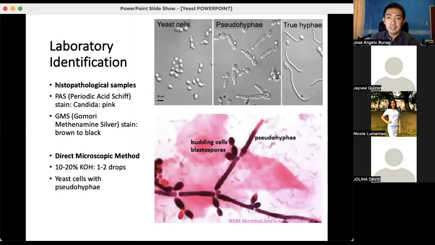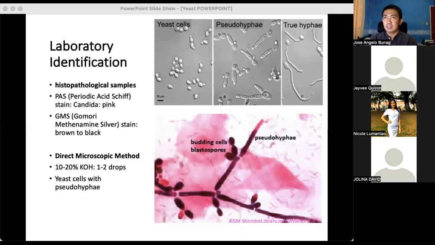Okay, for the laboratory diagnosis, we have mentioned the specimens. To repeat: swabs, scrapings from superficial lesions. You can also utilize your blood, spinal fluid, tissue biopsy, urine, and even your exudates. So for histopathological sample,